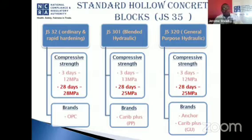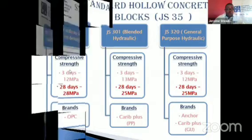So let's jump down now into the cement. This is a very interesting but controversial topic. We're looking at our cements and the possible strength that we get from each type of cement available out there to you. The JS32 is the ordinary and rapid hardening, the JS301 is a blended hydraulic, and the JS320 is a general purpose. These names might not mean much to you, but you'll understand as I get down into the meat of the matter. So the compressive strength